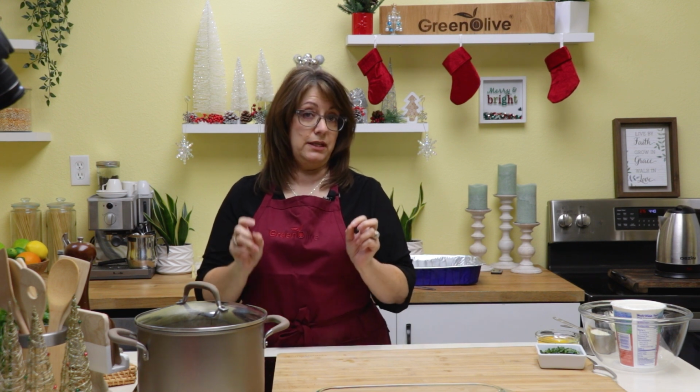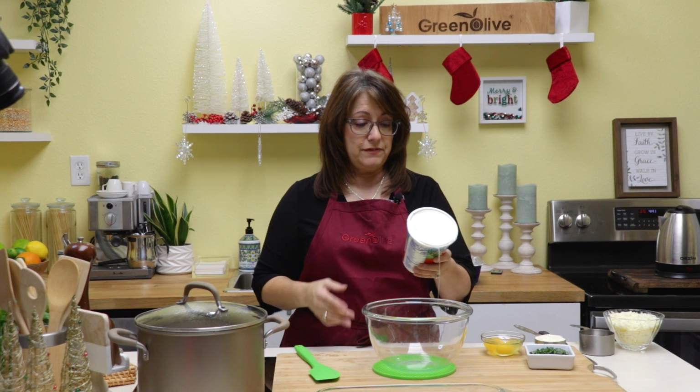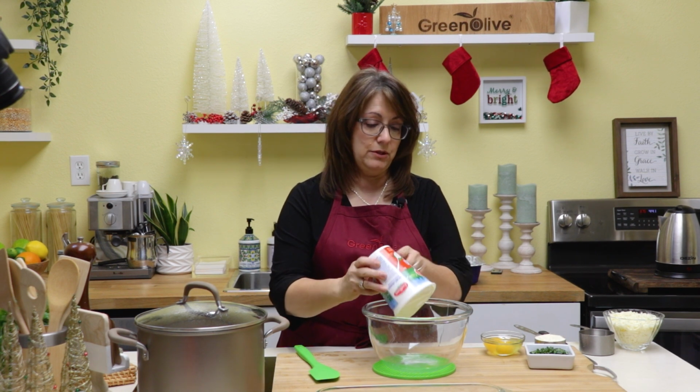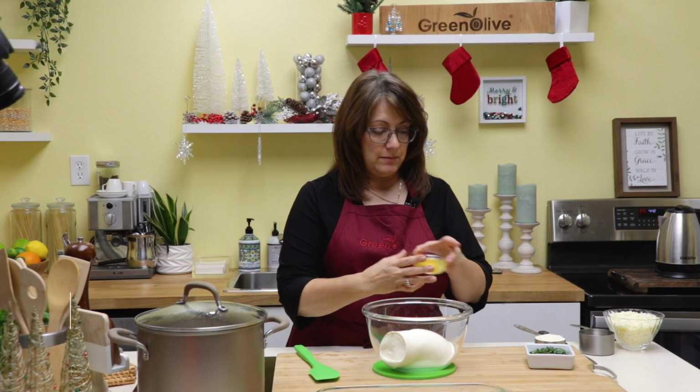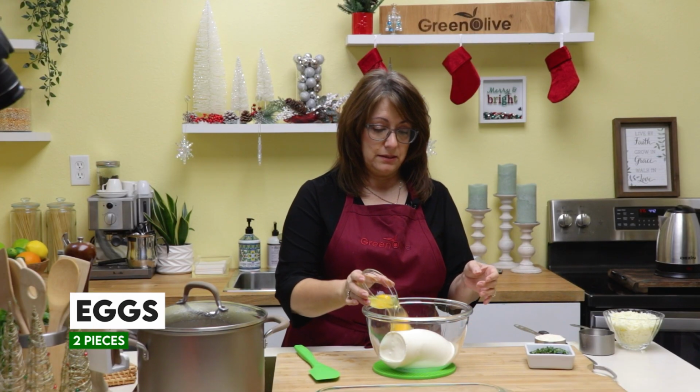And then to that, we are going to taste it for salt and pepper. But in the meantime, let's get our ricotta cheese filling prepared. So with our ricotta cheese filling, I like to use whole milk, so I am using 2 pounds. I'm just going to place it right in there. And to that, I'm also going to add 2 eggs,